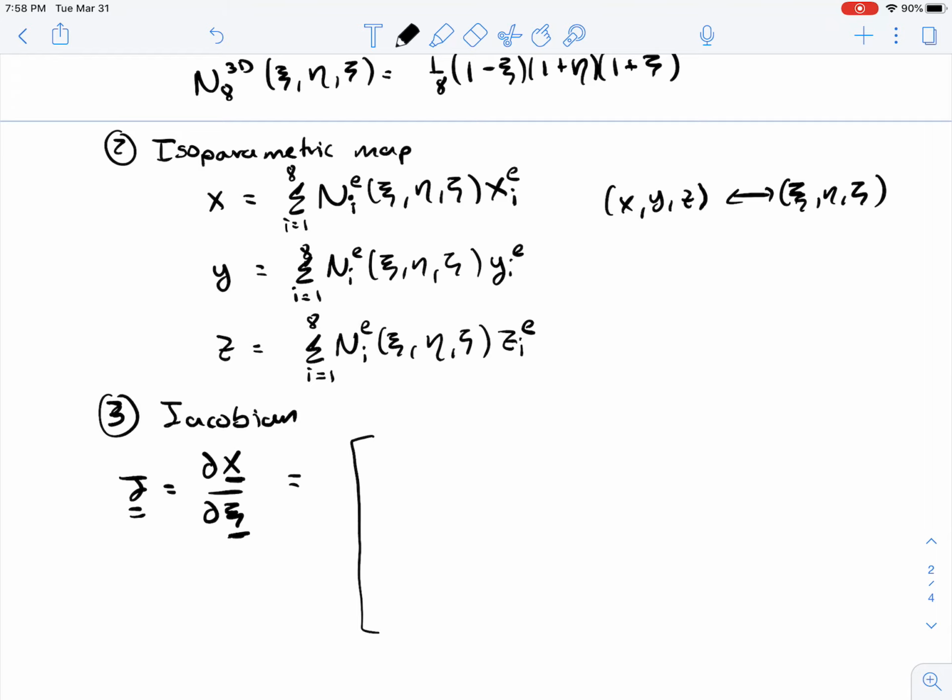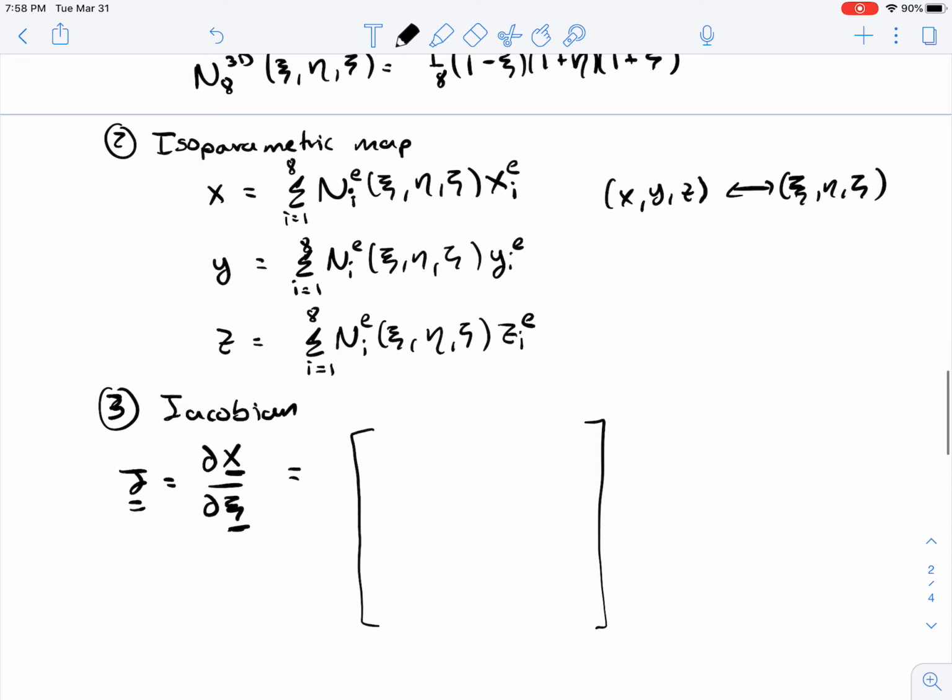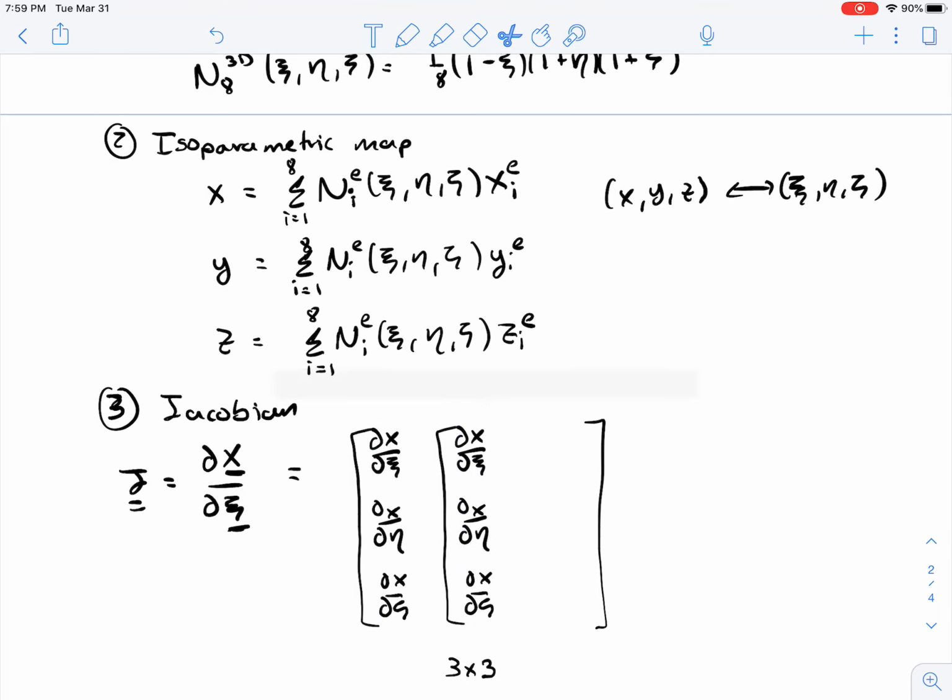In 2D this was a 2x2 matrix because you had xy with respect to psi, eta. In 3D this is going to be a 3x3 matrix. Each column here is going to be with respect to a different coordinate. So this is going to be derivative of x with respect to psi, derivative of x with respect to eta, derivative of x with respect to zeta, and then just copy